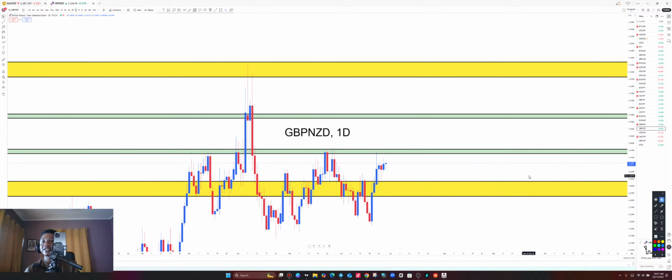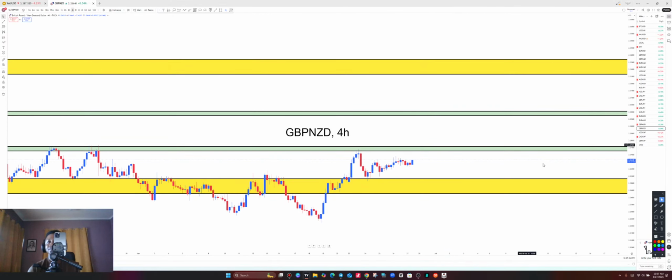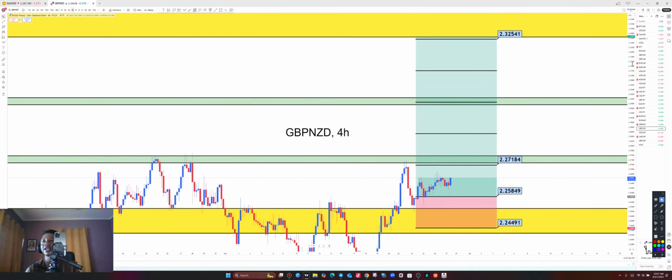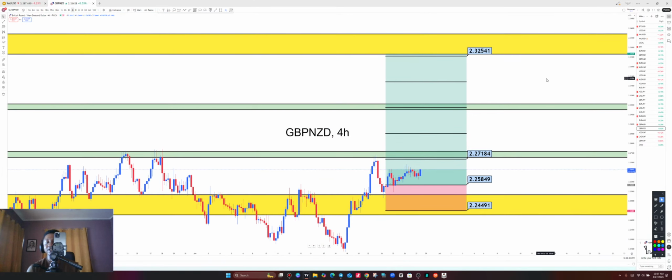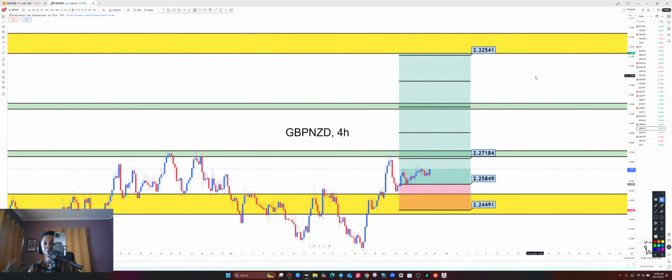All right. So as I said, we are looking for entries to go all the way to the upside. Let's look at how we are going to pick our entry right from somewhere here on the 4-hour time frame to go all the way to the upside of GBP NZD. So taking it again to the 4-hour time frame to complete the analysis. All right, so this is GBP NZD on the 4-hour time frame, and like I said, we are already in a trade. This was a signal that I gave in the Telegram channel for free. We are already in the buy and we are moving into profit.